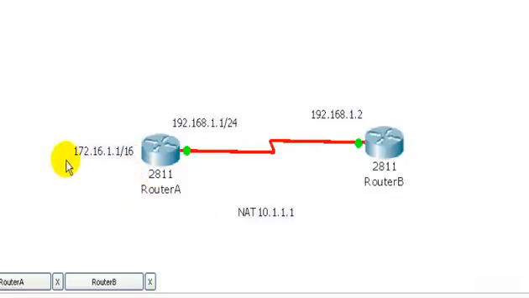Normally you'd have a PC on this end of your router. You could actually add a PC if you've got physical equipment, but I'm going to presume you've only got access to two routers. So what I'm going to do is add a loopback interface, which is a logical interface that doesn't really exist, it's just there for testing. Add the IP address